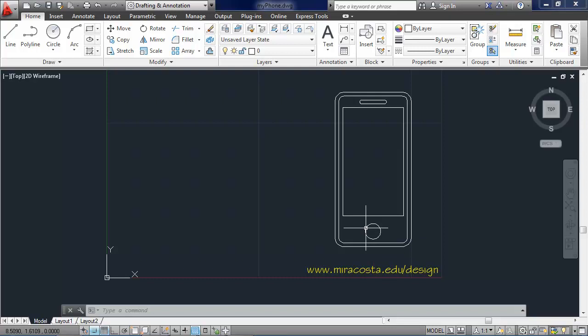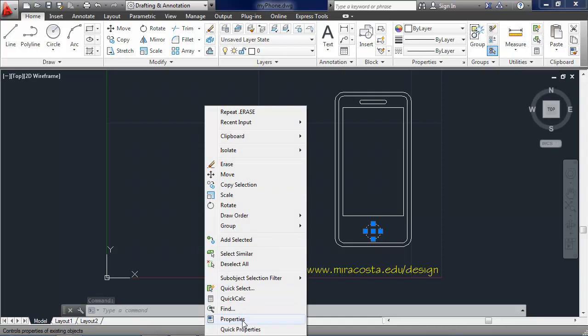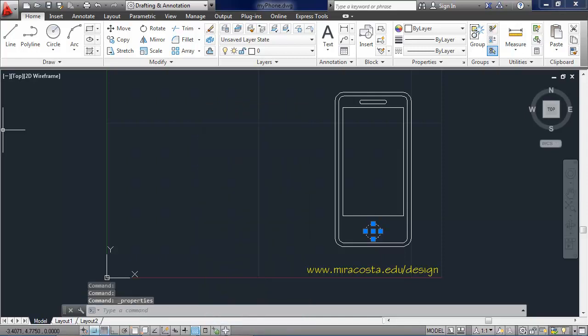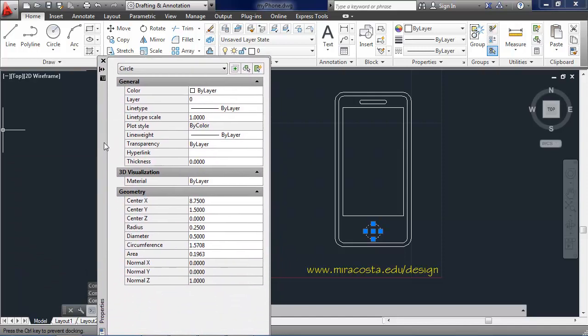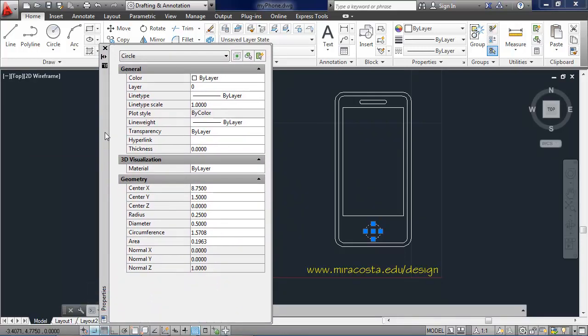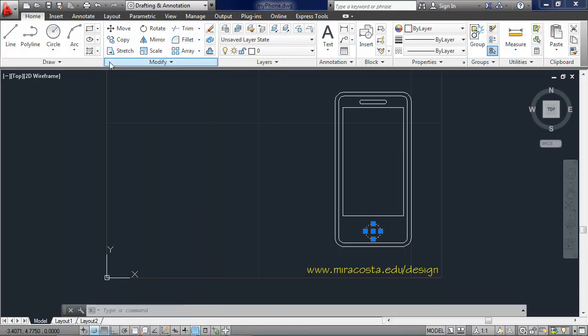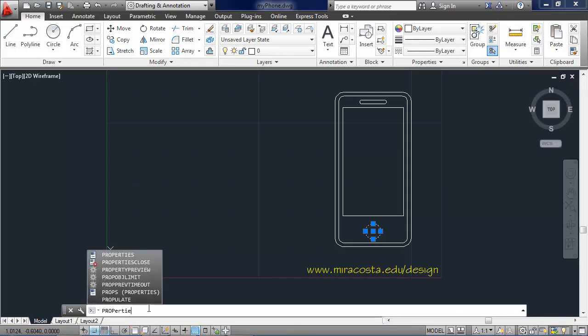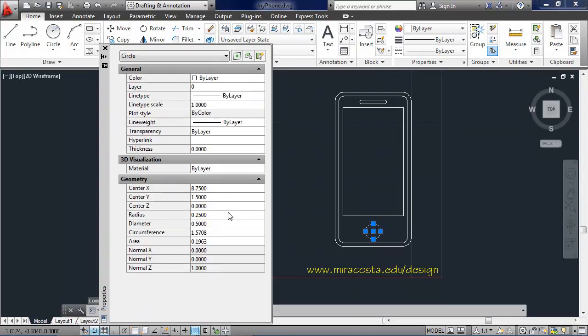I can get to the Object Properties palette by selecting the circle and then right-clicking and choosing Properties from the pop-up dialog box. The Properties palette will come up. We can also get to this Properties palette by typing in Properties at the command line. Notice in the Geometry tab of the Properties palette, it gives me the location of the center of this circle, the X, Y, and Z